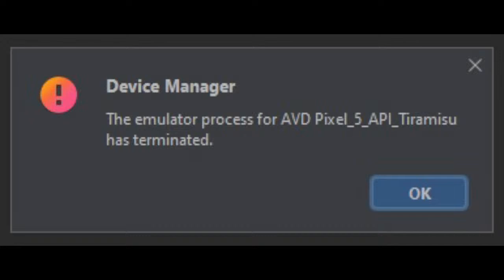Today I'm going to be showing you guys how you can fix Android Studio when the emulator is having an issue. So shortly I'm going to be showing you guys how we can fix this straight. So okay, the first thing first, I'm going to open my Android